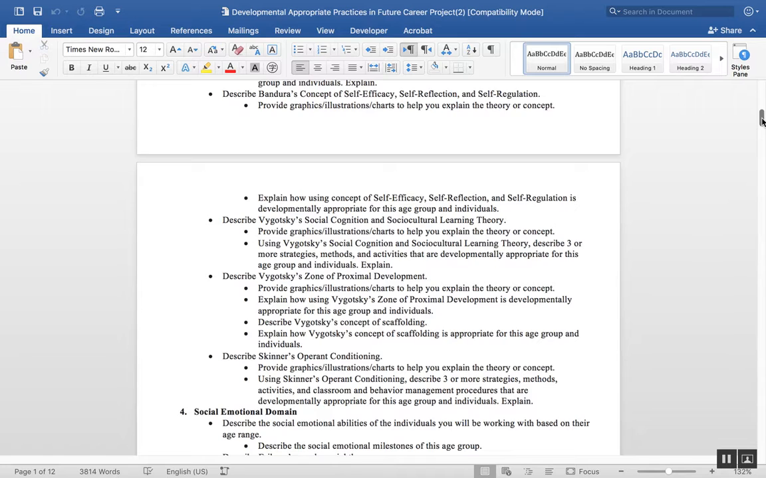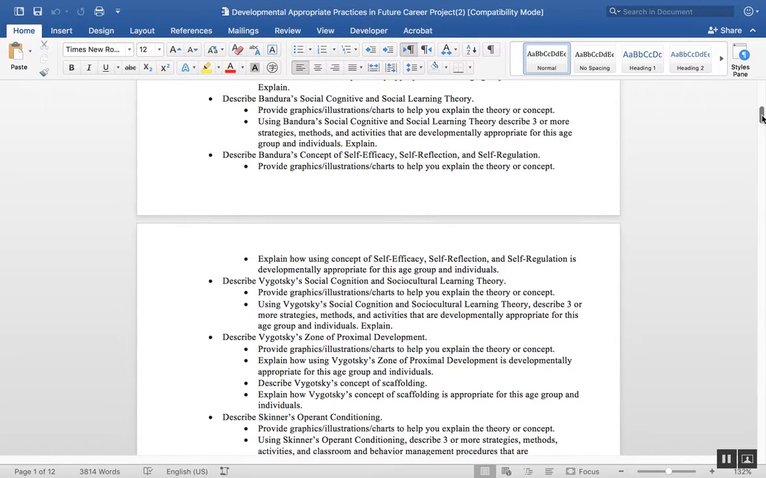Now, Bandura goes a little bit deeper than just his social cognitive and social learning theory. He also talks about self-efficacy, self-reflection, and self-regulation. So you're going to describe these concepts. You're going to provide graphics that help you explain the theory or concept. And you're going to explain how using the concept of self-efficacy, self-reflection, and self-regulation is developmentally appropriate for your age